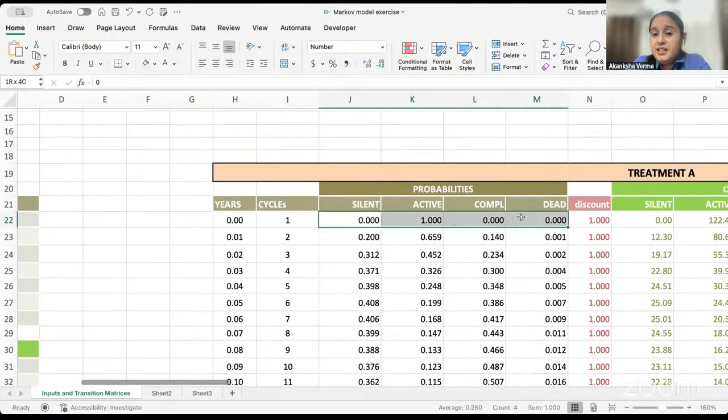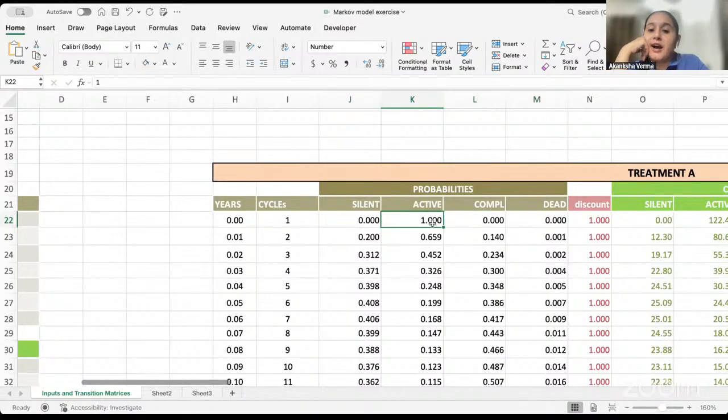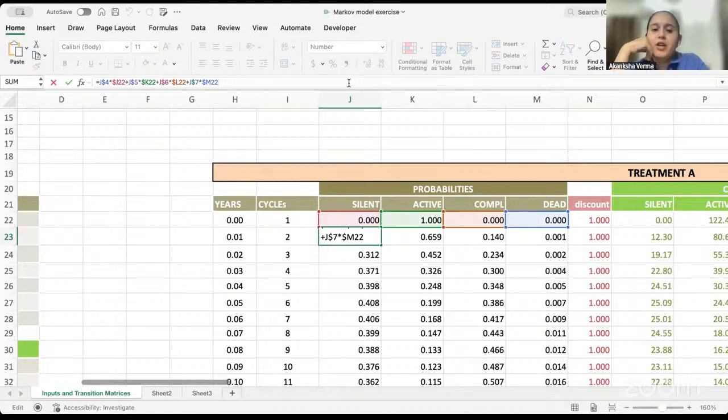Now, in the initial year, when the model began, it was assumed that all the patients entering into the model are active, right? And then you apply the probabilities. How do you apply the probabilities? You multiply the number of patients in the previous year, in each health state, with the number of patients expected to move to